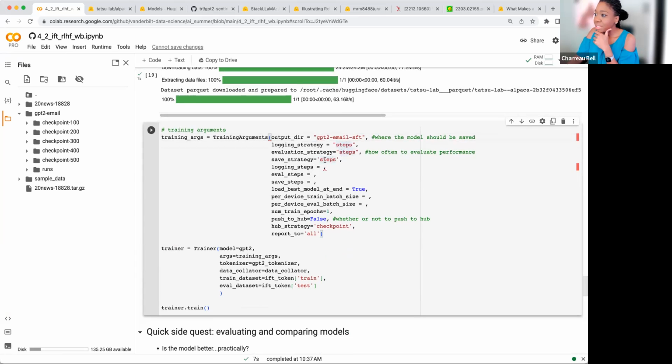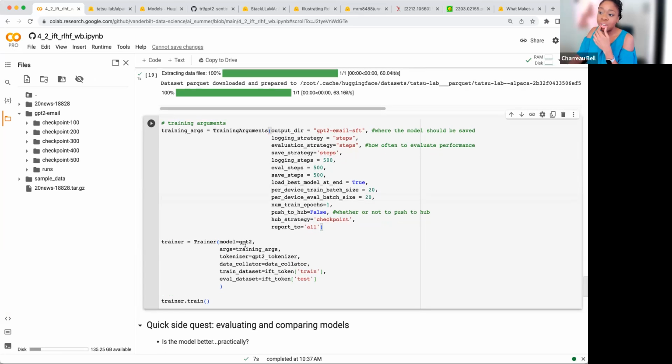All right, we're going to stick with steps. We're just going to make this one a little bit longer, so I'm going to go with 500, let it update. For the batch size, I'm going to put it to 20. I'm sure it can probably do more than that. And then I'm going to leave it at one epoch. You might not be able to get 20 in here, depending on what kind of Colab you have. If it needs to be lower, just set it to something like 4.